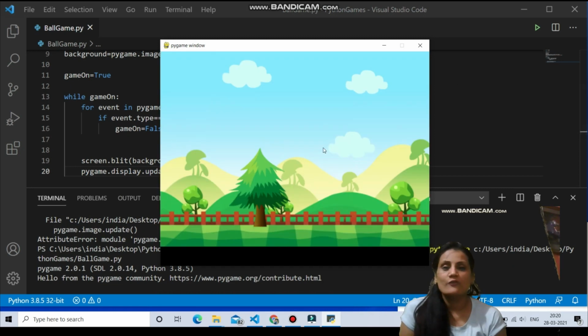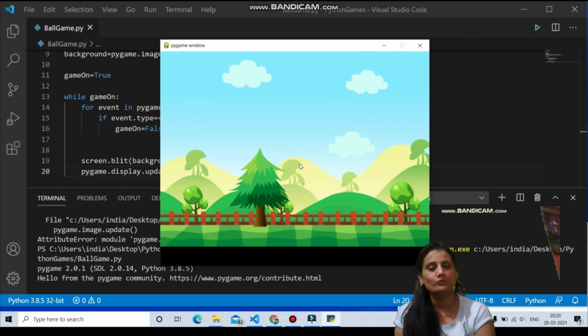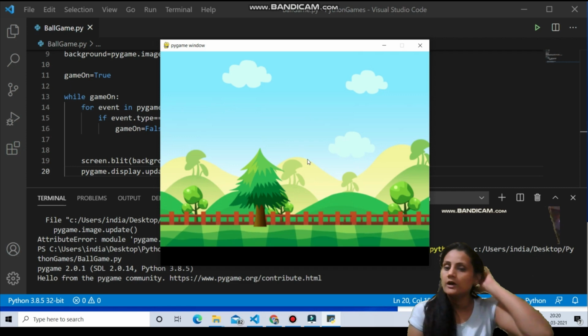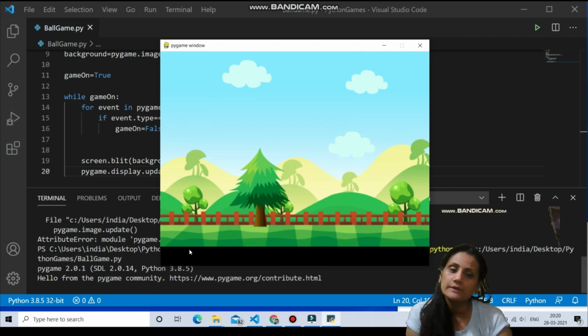Here, see. Now we have a screen, we have a cross button, and this is the beautiful background that we now have to work on. What else do we need here? We need a road. We will be placing the road, and along with that some poles, and a very special thing, the object ball, we have to place here. So first we will get the road and the ball.